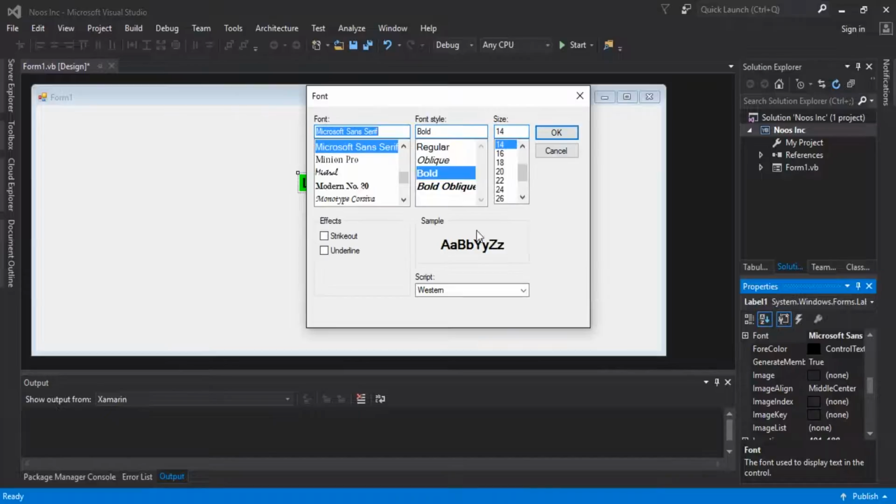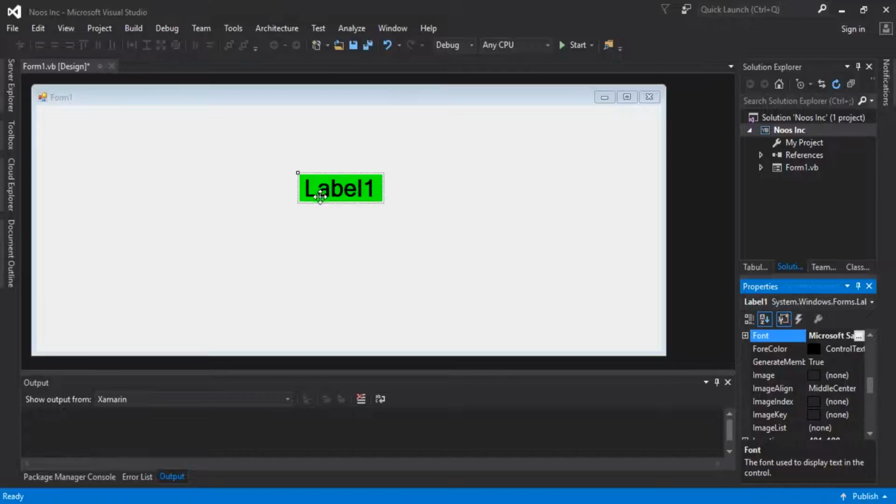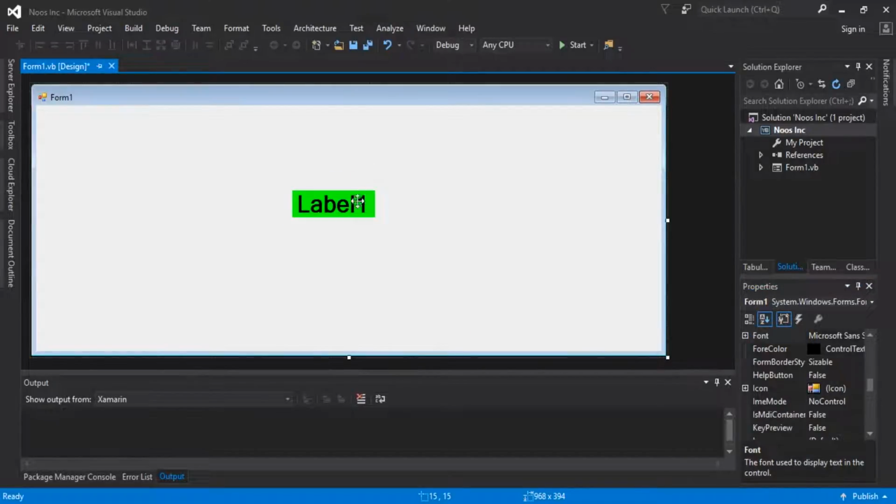If I set 26 and press OK, the label will also resize suitable with the font size. You can see the label is suitable with the font size. But